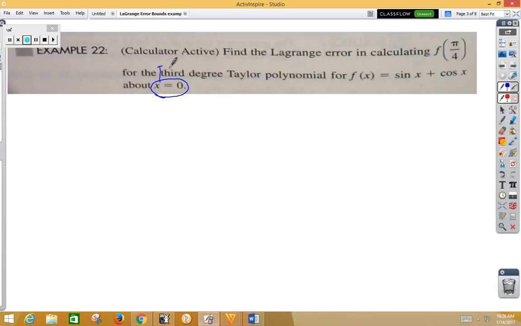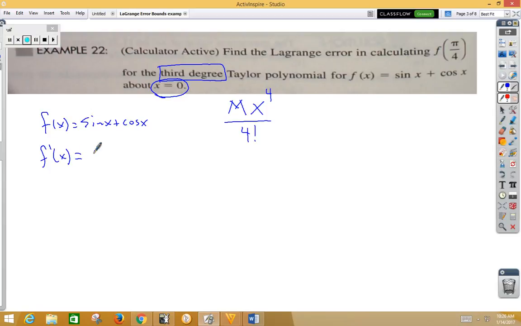And the key here is it's a third degree, which means error will be smaller than the fourth term. So we start with our magical number m, x to the fourth power over 4 factorial. So in order to find m, we're going to need the fourth derivative, and then we're going to need to plug in some value. So if f of x is sine x plus cosine x, f prime of x is